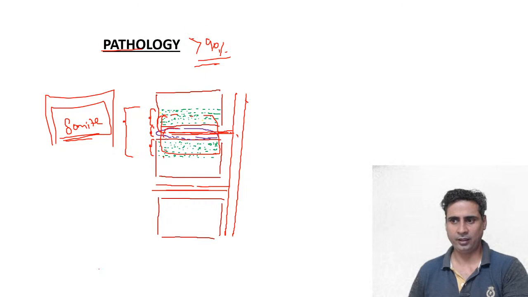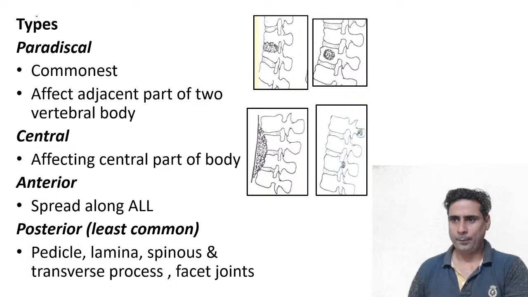first, the intervertebral disc space. There will be destruction of intervertebral disc space. Then adjacent parts of vertebrae are involved. Paradiscal. Okay. So this paradiscal type, where intervertebral disc and adjacent part of vertebrae are involved, is the most common type